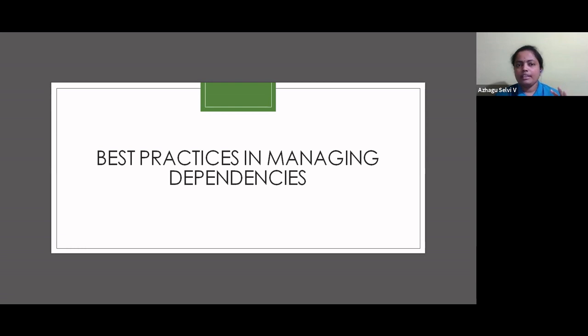So in a nutshell, 3 steps. One is identifying the dependencies. Next is identifying the right action owner and the date when we need it. And the third one is we need to track it very seriously, so that we will be able to give the information to the right people at the right time, so that we will be able to take the right steps before we encounter the problem. So this is the part of dependency management.